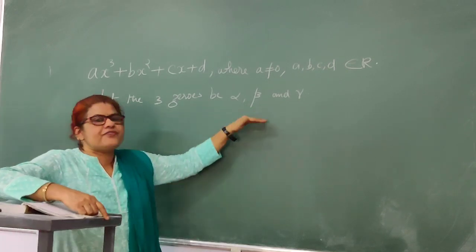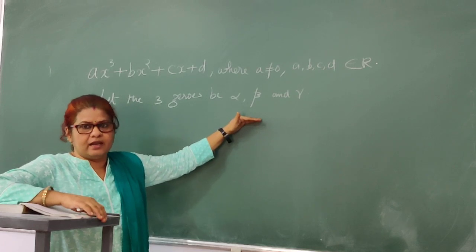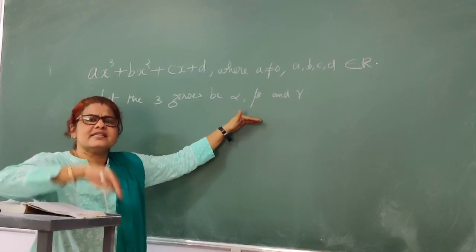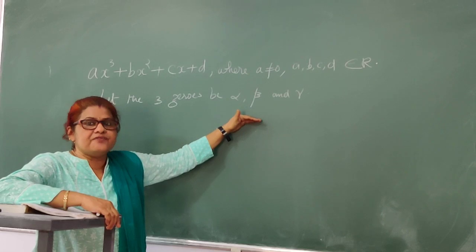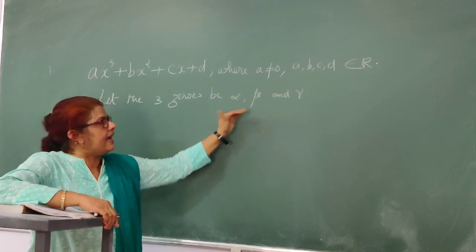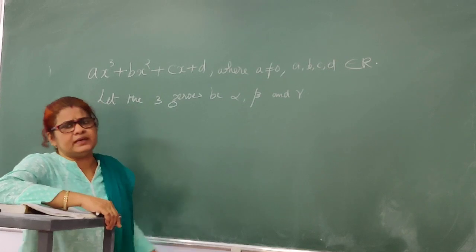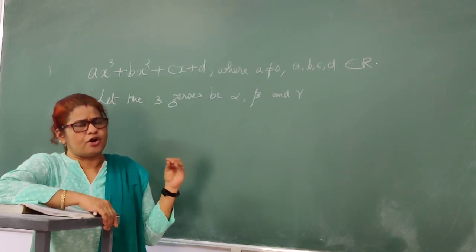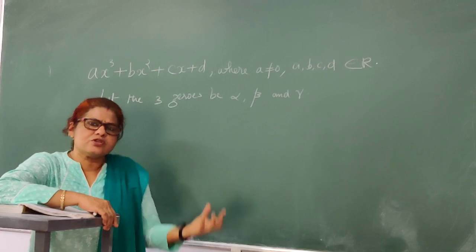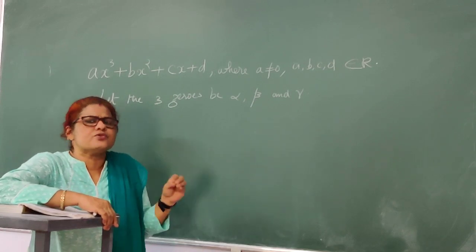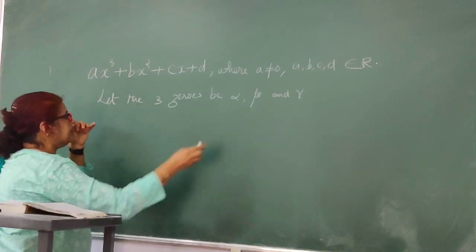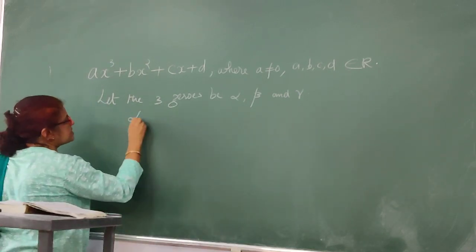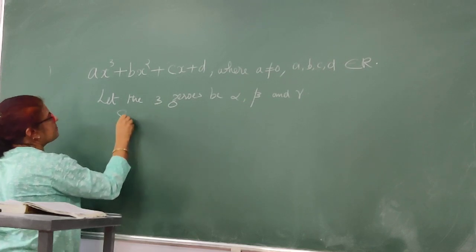And how do we find the zeros of a cubic polynomial? I think you might remember that last year in the chapter on polynomials we studied it. We apply the factor theorem. Here in the examples, the question is not asked to find the zeros. The zeros will be given. You only have to verify the relationship. That's all. And here the relationship is given as follows.